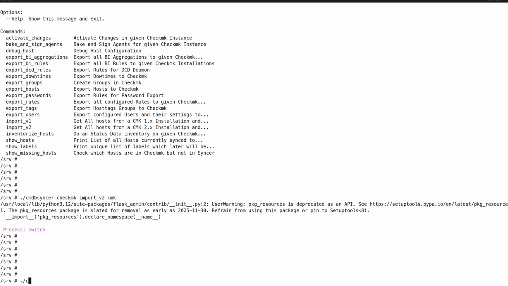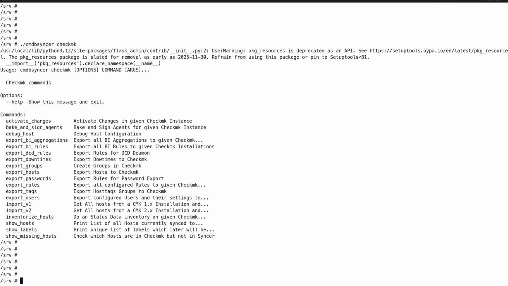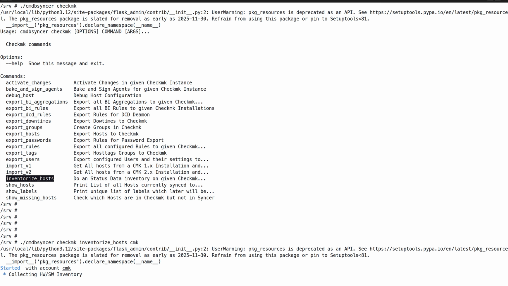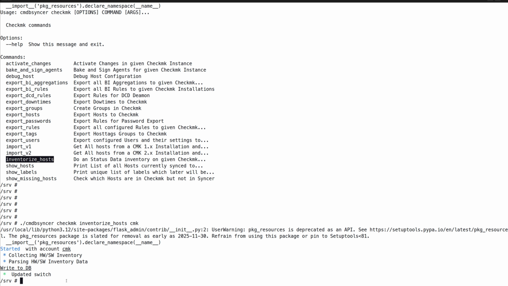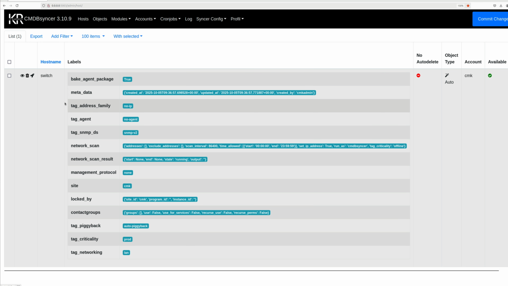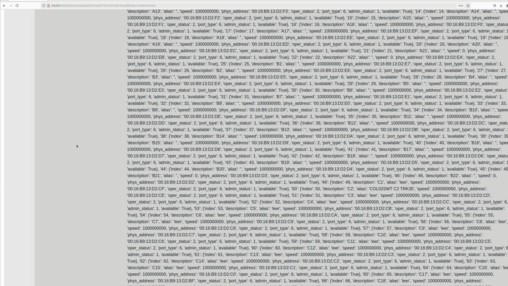It's again the CMDB syncer. It's again Checkmk, but in this case we have the Inventorize command. So basically every module of the syncer has such kind of Inventorize. Doesn't matter if you go from other CMDBs or if you go from CSV files, JSON data. It's always there. Inventorize hosts again with the account name. And now it takes a little moment, and now if we go back to the syncer and the hosts, we should see